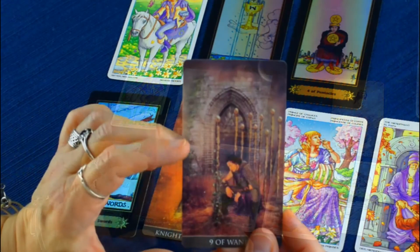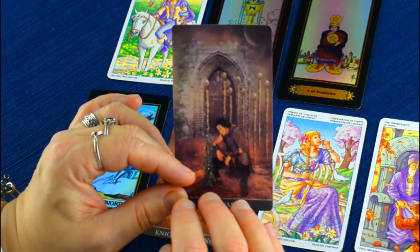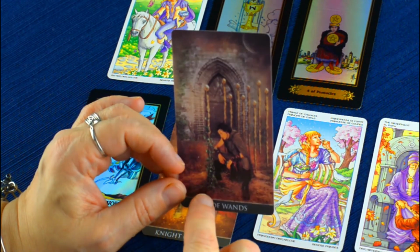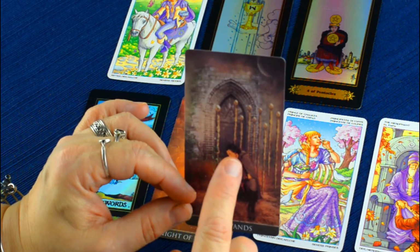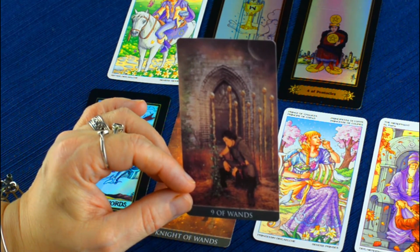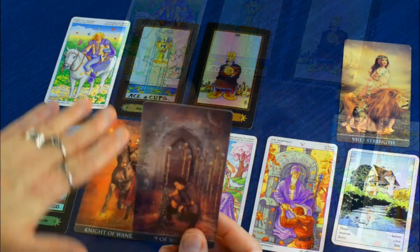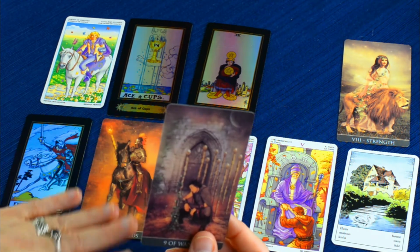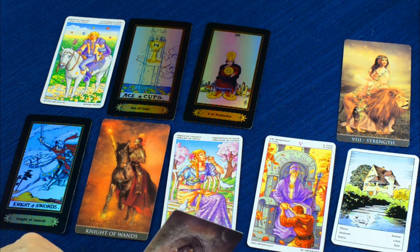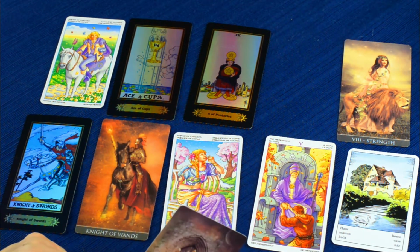But what I kind of see here with this Nine of Wands, this particular Nine of Wands, is instead of that fiery, passionate charge-out energy, he's darn near completed his work here, and he's kind of sitting here almost contemplating things. So I almost feel like, yeah, you guys might start getting some new ideas, some new things coming into your head that you hadn't thought of before, and all that happening. But I also think that,